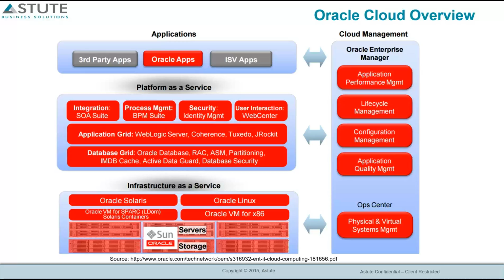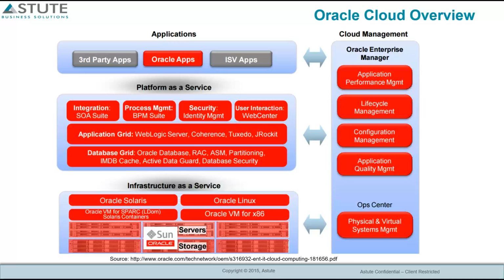Similarly, there are platform as a service options available for integration, for business process management, for security, for monitoring tools, Oracle Cloud monitoring tools, and many other things that you can use. And then on the right-hand side, you'll see there are a whole host of tools available to maintain and manage all of these cloud solutions that Oracle has. And there's more information about this on Oracle's website. As you can see from the diagram, this is not something that I built. Looking at the colors, you can easily tell this is an Oracle graphic,